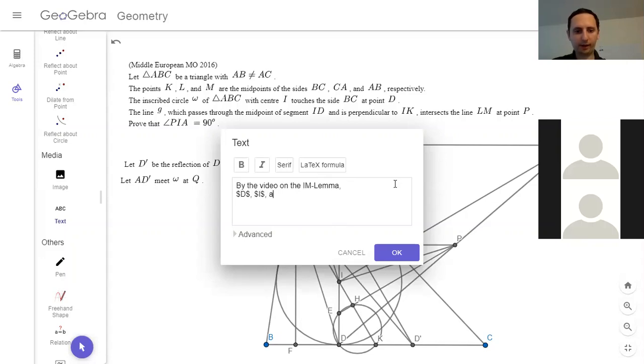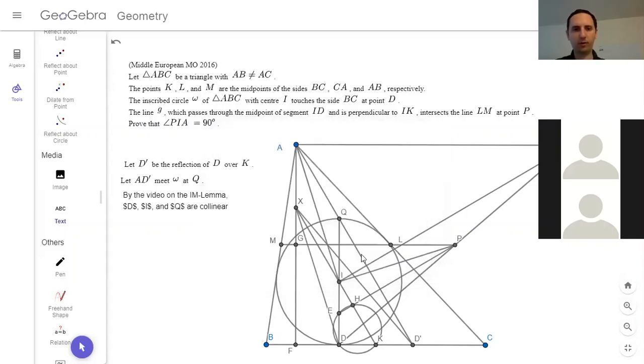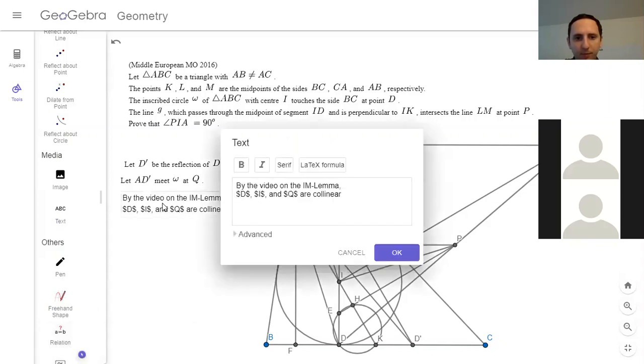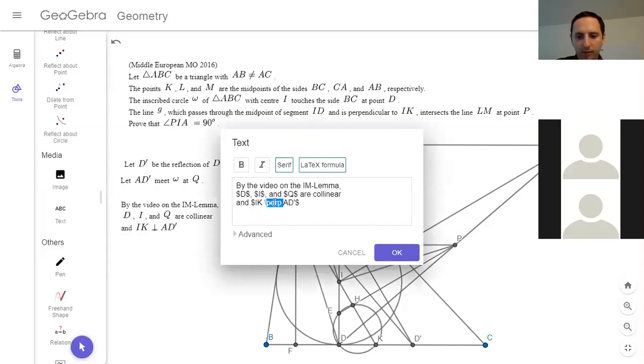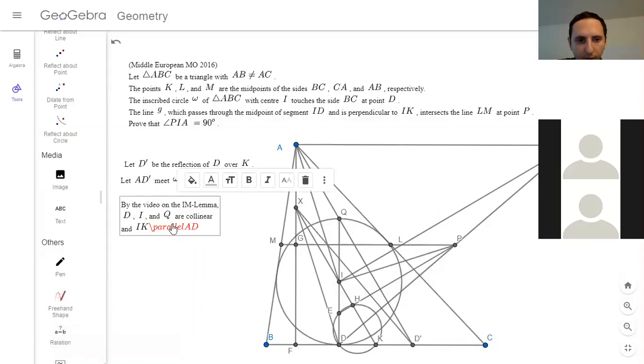So D, I, and Q are collinear, and also IK is perpendicular to AD. All right. Or parallel. And then we're saying